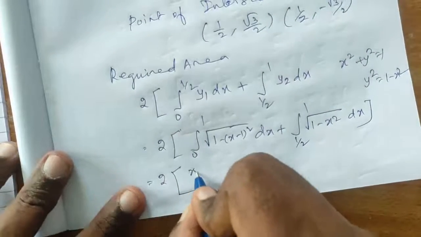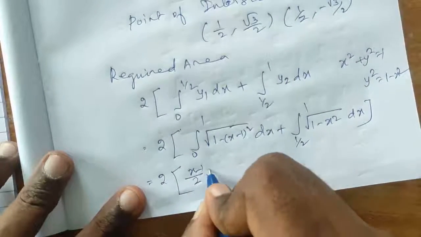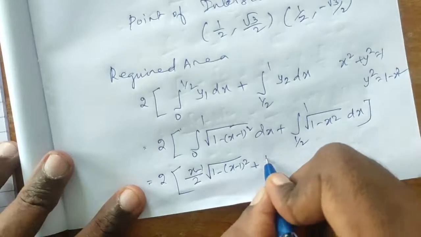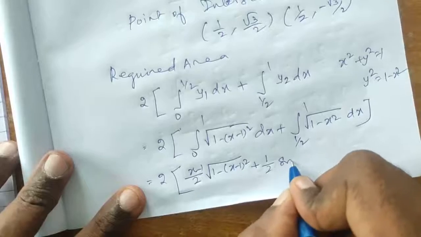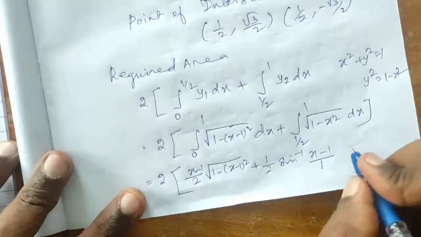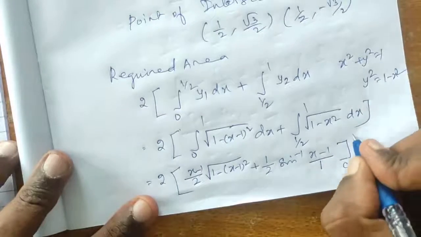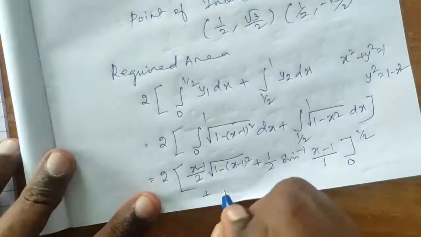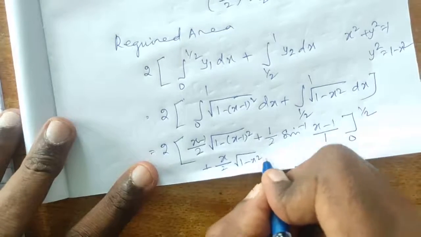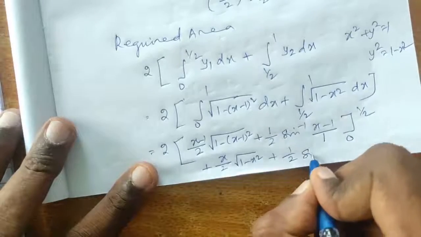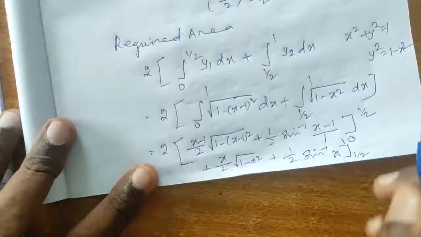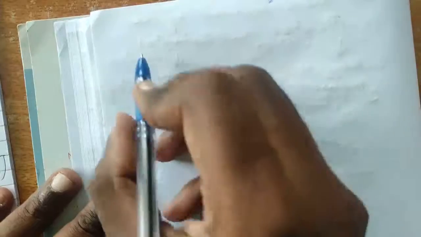So it is (x minus 1) by 2 into root of a square minus x square plus a square by 2 into sine inverse of (x minus 1) by a, over 0 to 1 by 2, plus x by 2 into root of 1 minus x square plus 1 by 2 into sine inverse of x, over 1 by 2 to 1. Apply the upper and lower limits, we get